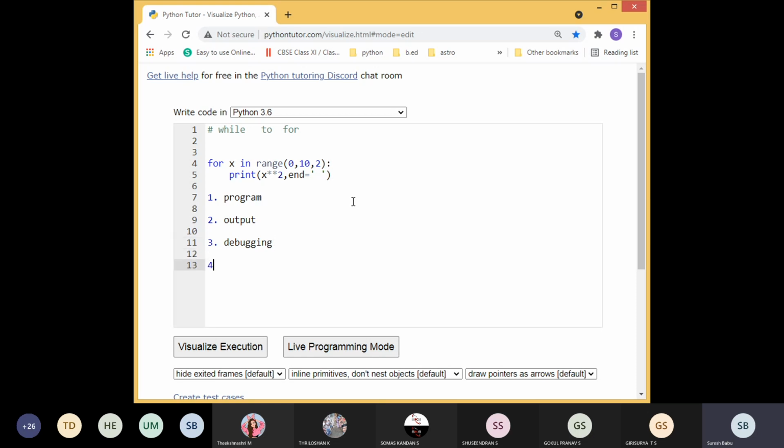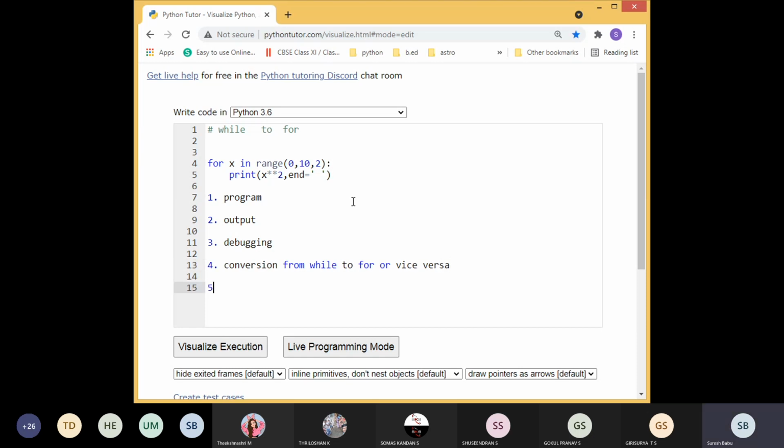Fourth, they will ask for conversions: from while to for, or from for to while, or vice versa.